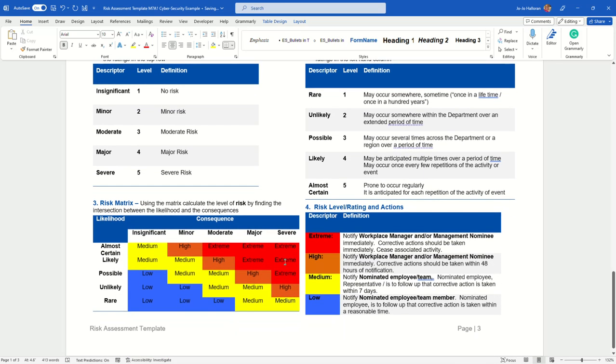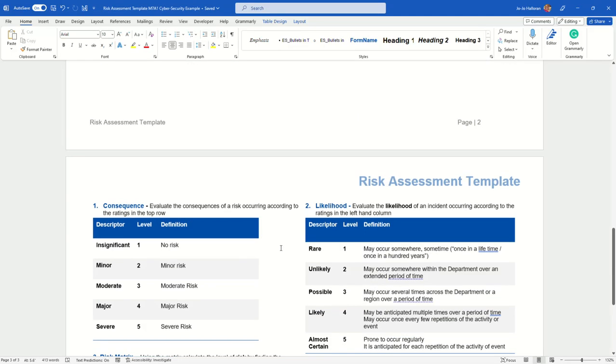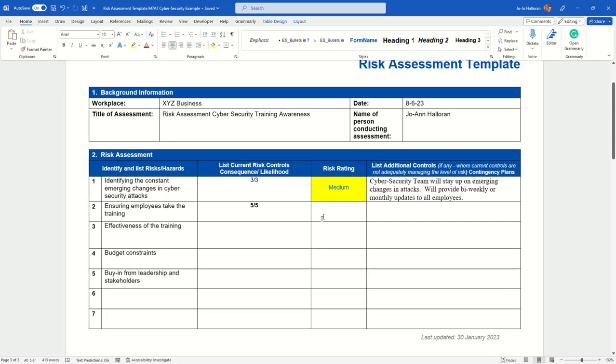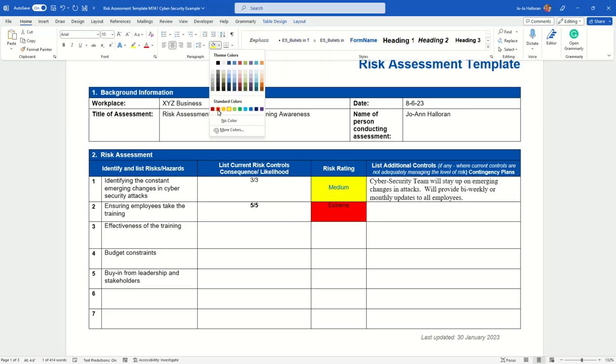Okay, so now let's go down here and look at my matrix. So I have severe and I put almost certain that it's going to happen. Okay, so it's going to be extreme. So then I'm going to come back up here and I'm going to put in here that this is going to be extreme. Okay, all right, and that's red, so we can put red there if we want. Okay, and then you can fix this up if you want to center it, but just as long as you have something in there,